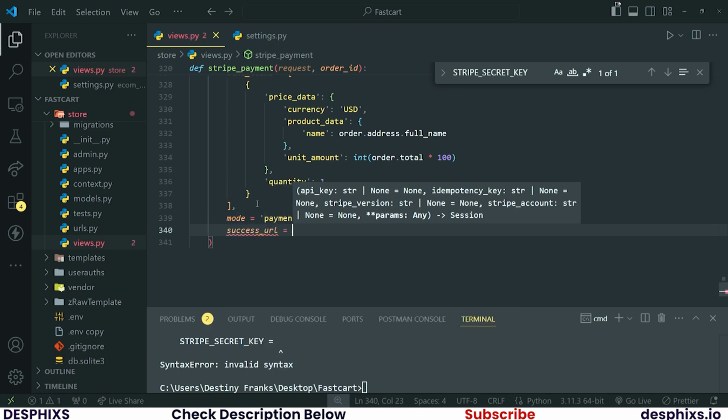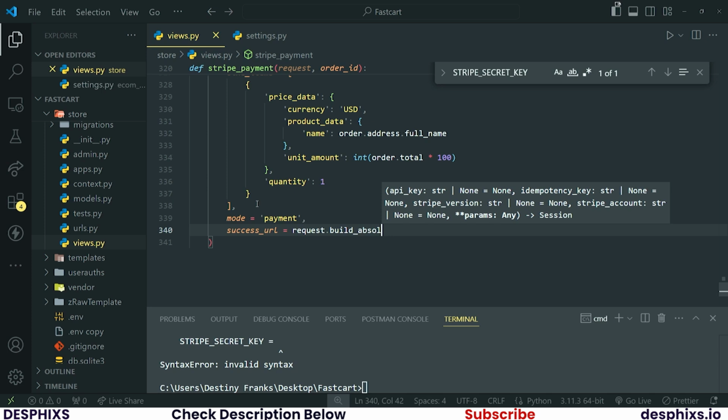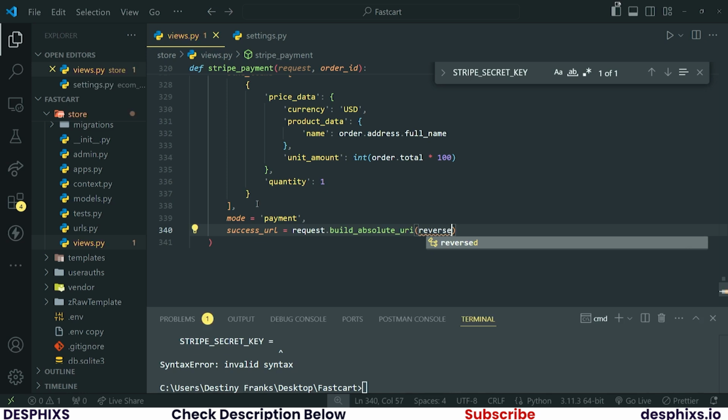And after this, we need a success URL. success_url should be equal to request.build_absolute_uri. And in the build_absolute_uri, we need to reverse to the URL. This is how the URL that we will reverse to is going to look. It's going to be store:stripe_payment_verify. Okay. And after that, we're going to say args should be equal to,